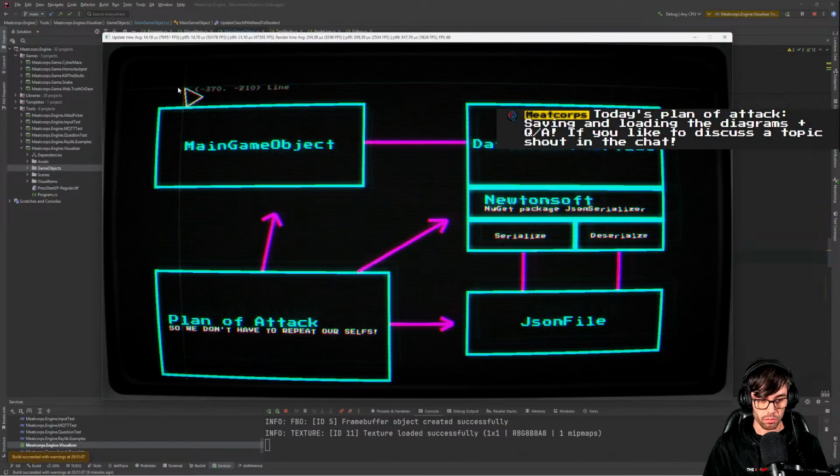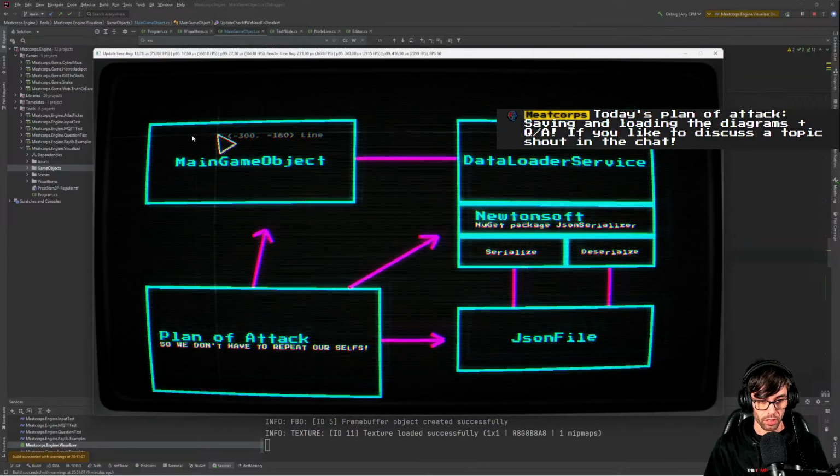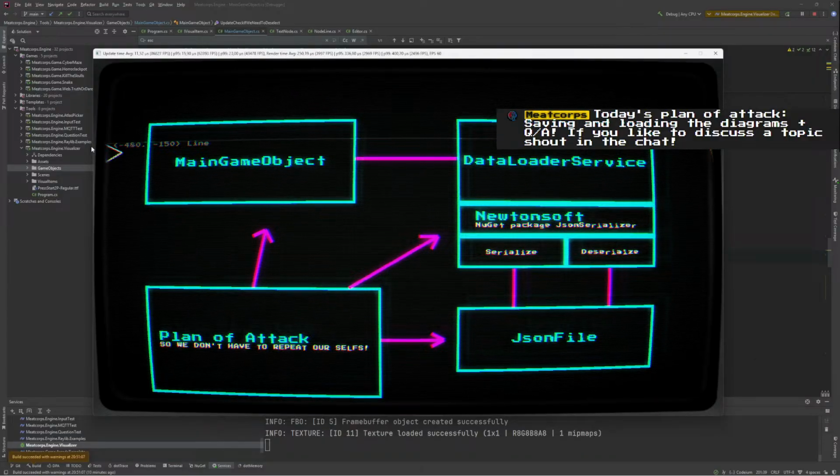What we're going to do in this stream? This is basically our plan of attack. And basically the slogan is so we don't have to repeat ourselves. Currently, we can already create this diagram in this application, but the problem is when we're closing the